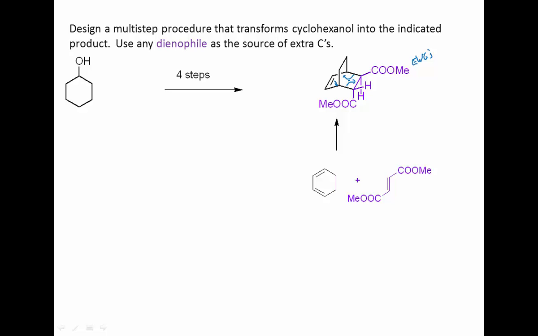We're going to use cyclohexadiene and this alkene right here. Recognize that they are definitely trans, so they need to be trans in our starting material right here. So they're also trans. And here you should take advantage of the liberal directions. Use any dienophile. Okay. All right. So